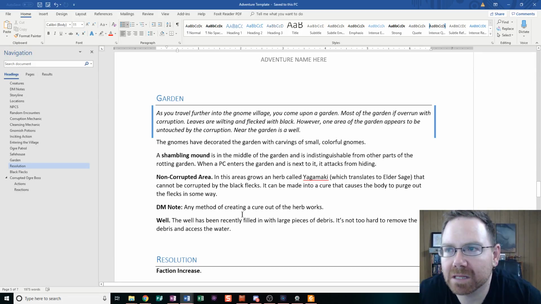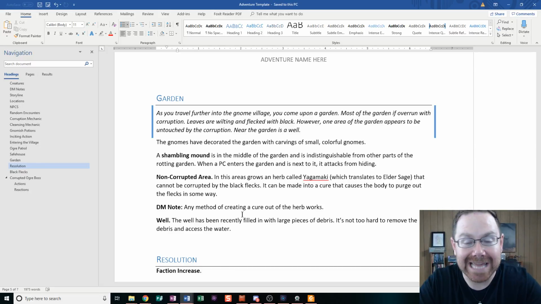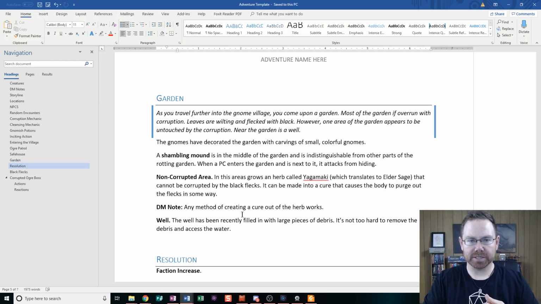Where are all the gnomes? So far, there are like 80 gnomes that were originally in this village. We've had one patrol of ogres with 2 gnomes on the back of them, and there are like 78 more gnomes. Where are all the gnomes? Why aren't there gnomes all over the place attacking them? We need to have an answer to this, because eventually they're going to get a cure, and they're going to want to find the gnomes and fix them and heal them. And so we need to have an answer of where the gnomes are and why they aren't all just attacking them. While you guys are thinking about that and giving me ideas,